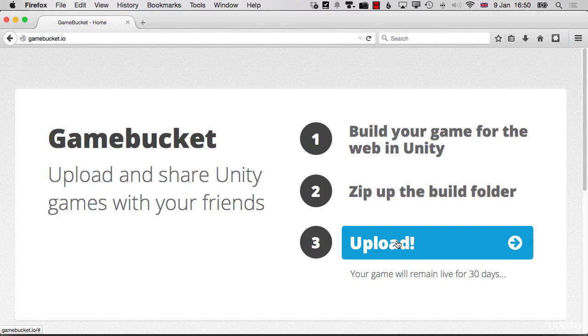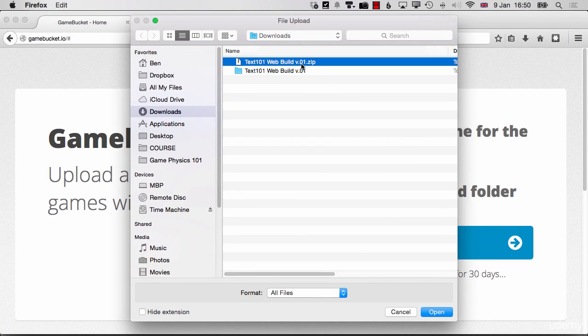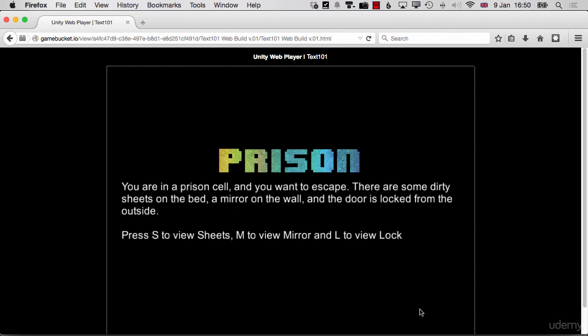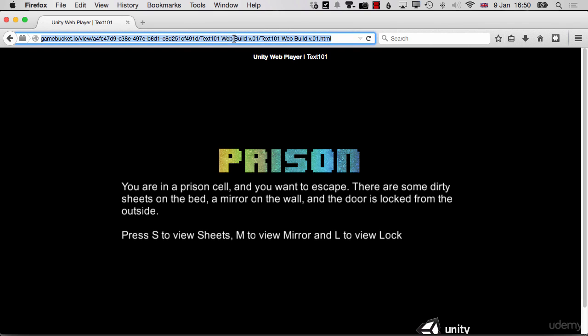And you click the Upload button over here. Choose the .zip file of the folder that contains the HTML. It will send it to the web and immediately show it for you, like this. Now, provided you're in one of the compatible browsers, you'll be good to go. Just copy that URL at the top here and share that with whoever you want to be able to play